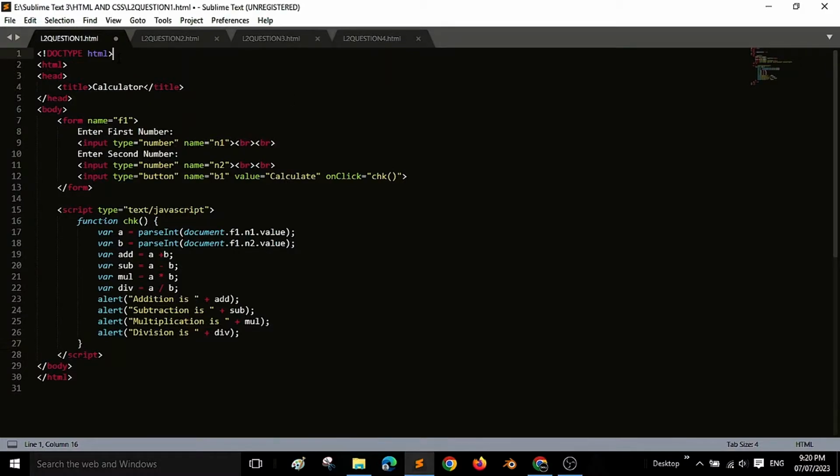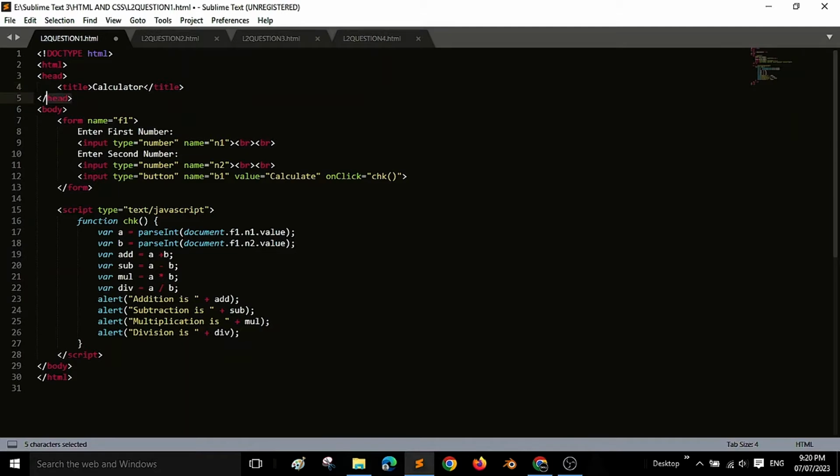So as you can see, starting with doctype.html, this tag will help us to instruct the web browser about the type or version of HTML we are using here. Then comes the HTML tag, head tag, and then you can see title, calculator. Basically, title tag helps us to name our web page. As I've given here calculator, so the name of my web page will be calculator. You can give any random name depending upon you, but it should be related to the question.